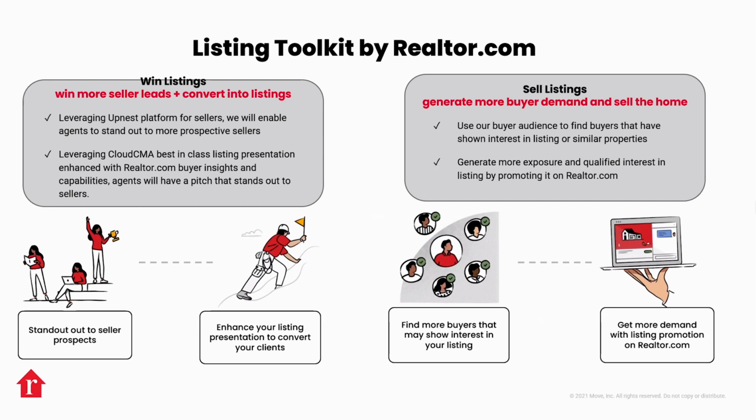We've also partnered with Cloud CMA, and it is obviously a best-in-class, fantastic product. I know many of your members already are using that through MLS Listings. Definitely. And this partnership not only allows you to have access to all of the CMA product itself within this